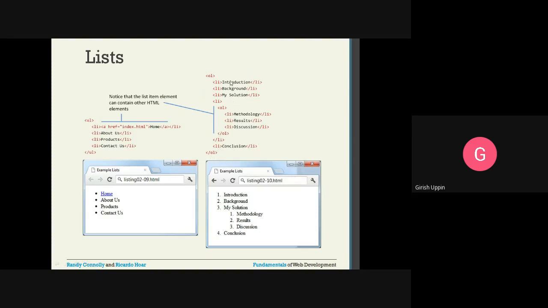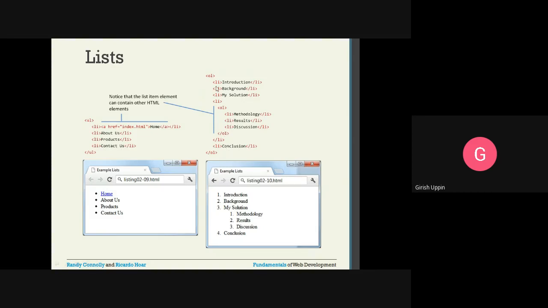If you render it on the browser, this is how it will look. Introduction 1, 2, 3, and after my solution I have one more ordered list. Inside this ordered list, when it comes to another ordered list, again it will start from 1, 2, 3.